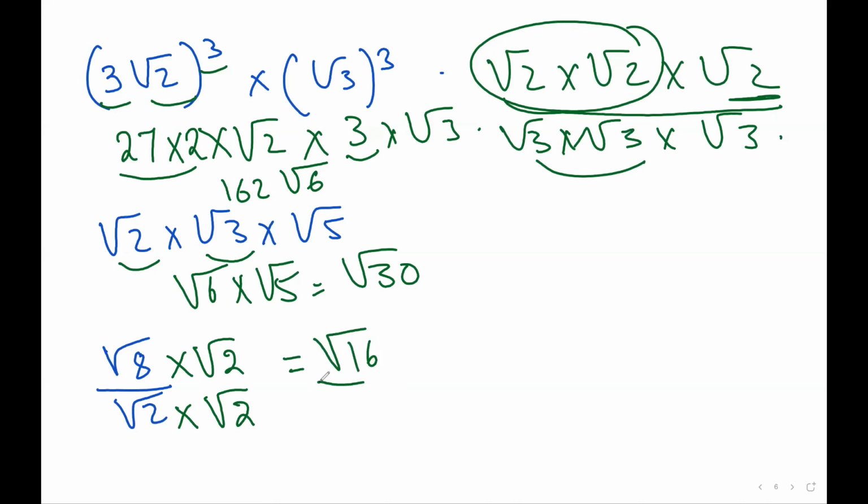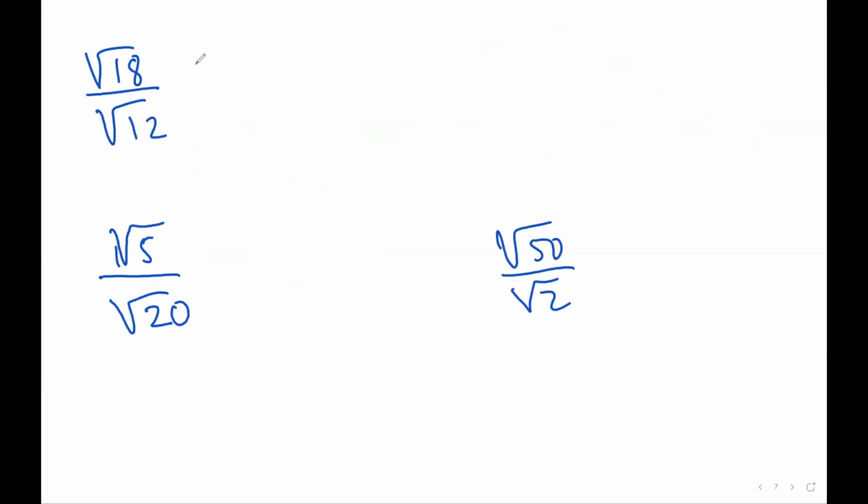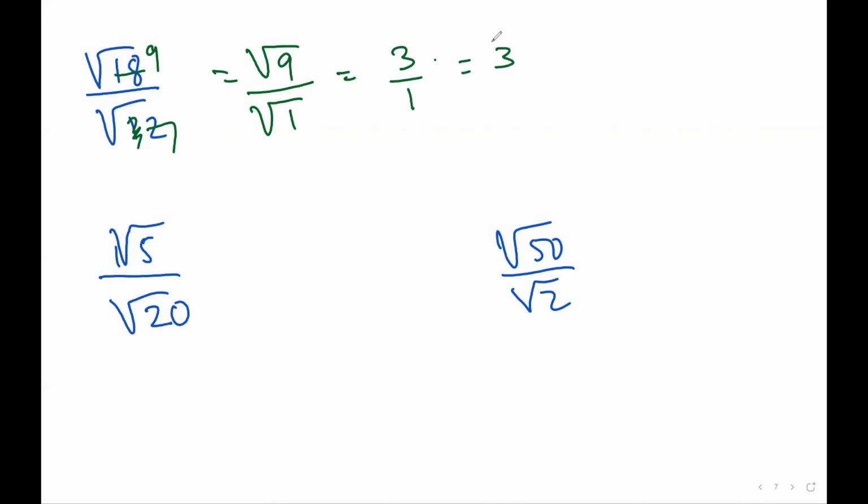So this is root 16, because 8 into 2 is 16. So root of 16. Here root of 4. So what is root of 16? It is 4. What is root of 4? It is 2. And on simplification, this will give you answer 2. Similarly here, root of 18 over root of 2. Just do it like this, correct? So 2 9s are 18, so this is equivalent to root of 9. This is root of 1. We have got 1 over here. Root of 9 is 3 and root of 1 is 1, which is equivalent to 3.